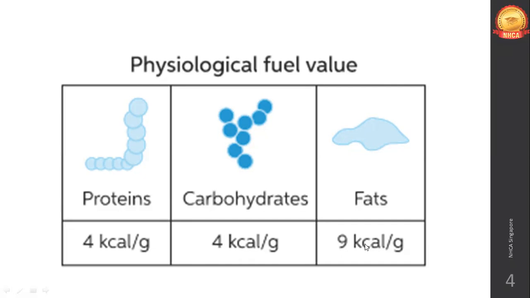If you are doing this externally, outside the human body, the energy given out is slightly higher. For example, you can check the textbook on page number 130. Those who have the textbook, page number 130. There's a table given: the calculated physiological fuel of nutrients allowing for losses in kilocalories per gram. So there you can see exactly how much energy or kilocalories you will get by burning these macronutrients, which is slightly higher, in decimals, than the regular burning of